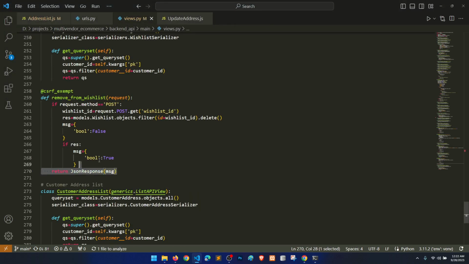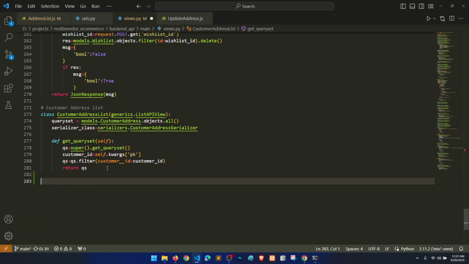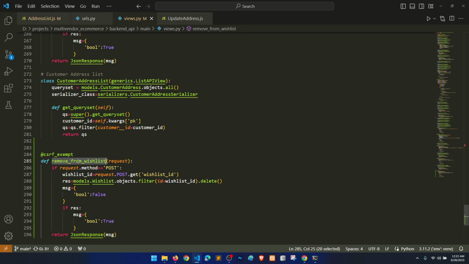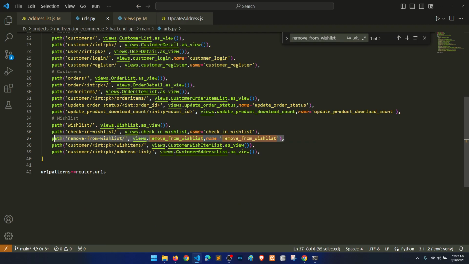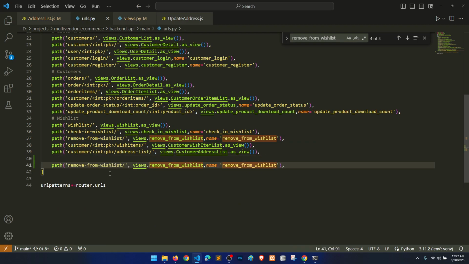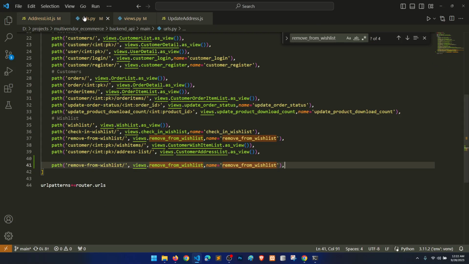and we have defined the function here, remove from wish list. What we will do, we will do the same. We will say mark as default, but let's set the URL also. So copy, and where is that? Mark default address. Mark default address, right? And let's say int pk, int pk slash, okay, and then we have